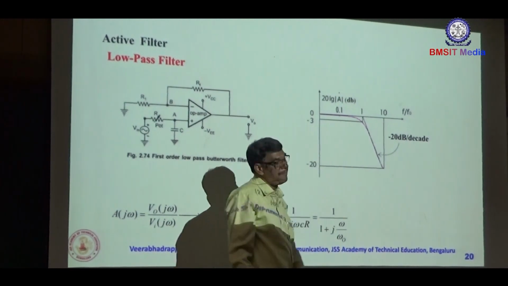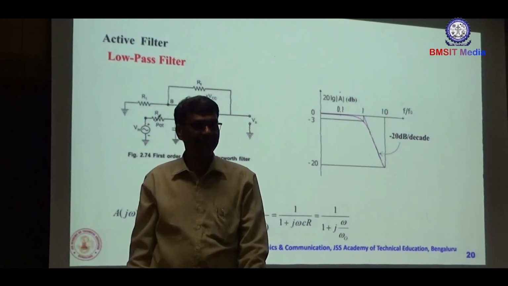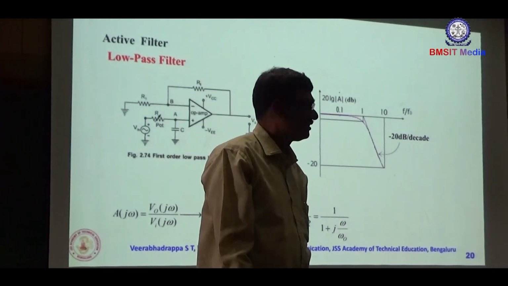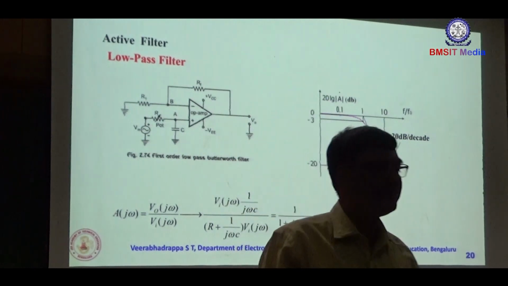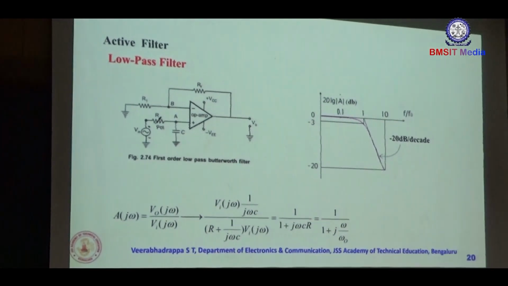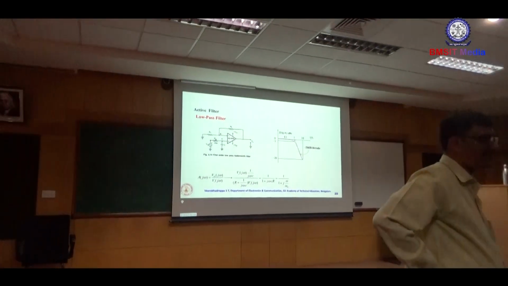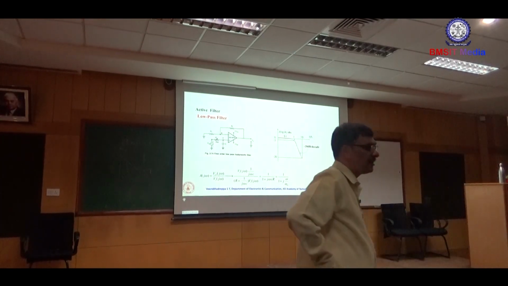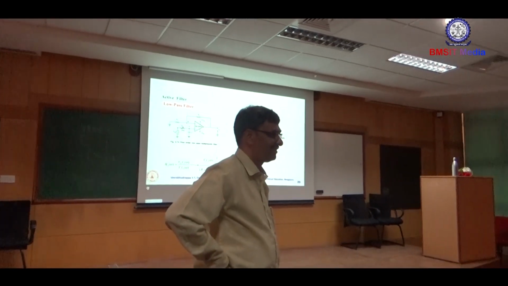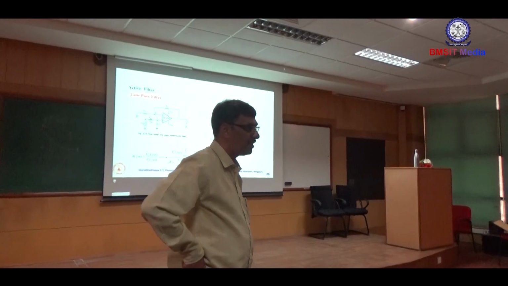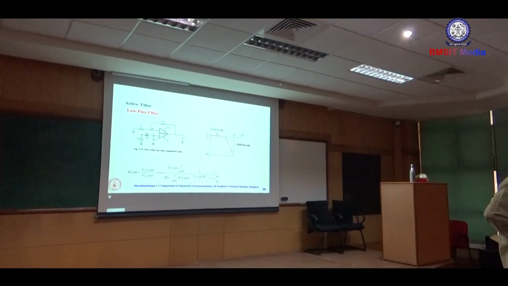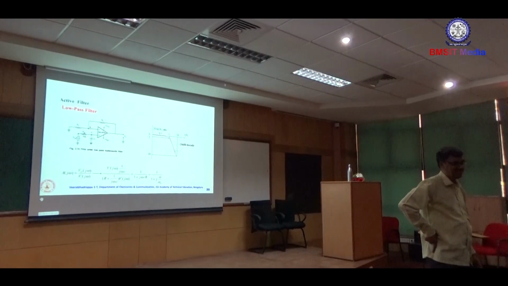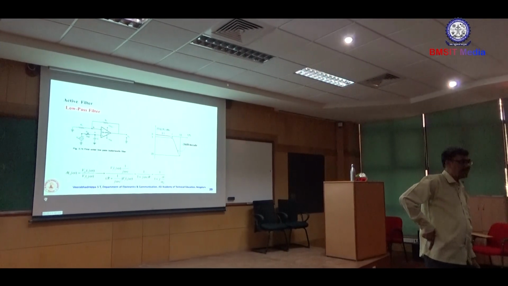Why use only 3 dB? This is zero dB gain, gain is 1. What is the advantage of 3 dB? How do you calculate decibels? 20 log V naught by V. And for power gain, gain in power